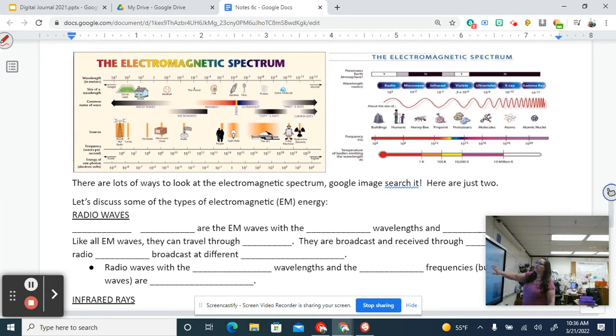These two are just some examples of the types of images that you might find if you Google search electromagnetic spectrum. I really like both of these because they are so full of information. This one even tells you the frequency of the waves and the amount of energy of the wave, as well as sources of that type of radiation. And then on this one, it tells us what kinds penetrate Earth's atmosphere and the temperature of those things. So you can find out all kinds of different information about the EM spectrum, just depending on which chart you looked at. So now let's talk about